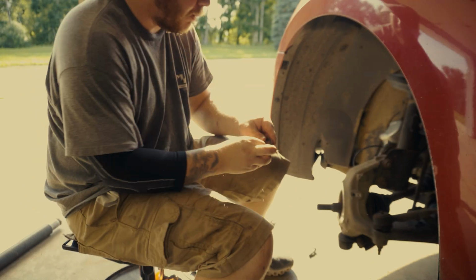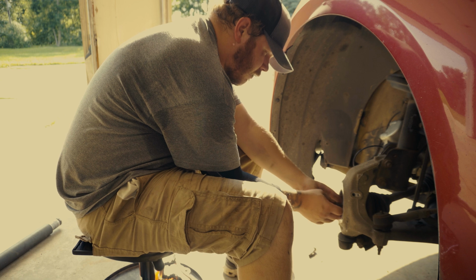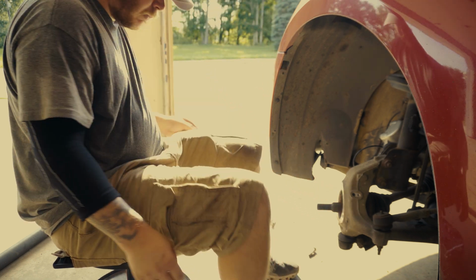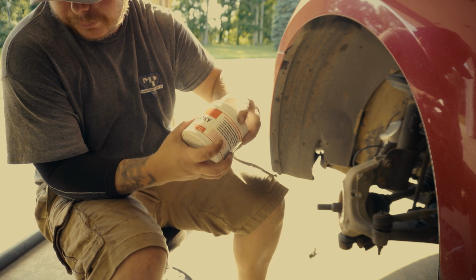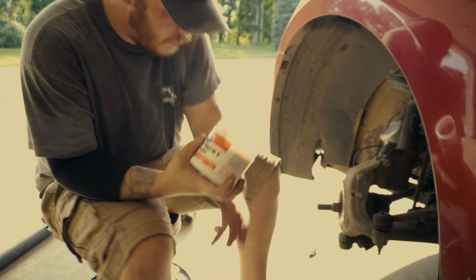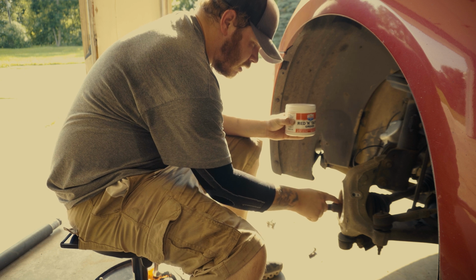Let's not forget our clip. Put it back on the same way that it came off. I'm going to go ahead and take some grease. Not only put it on the spindles here,